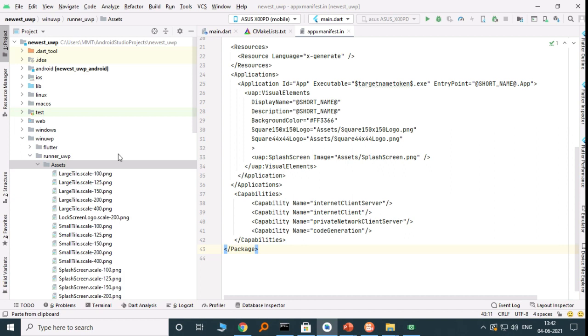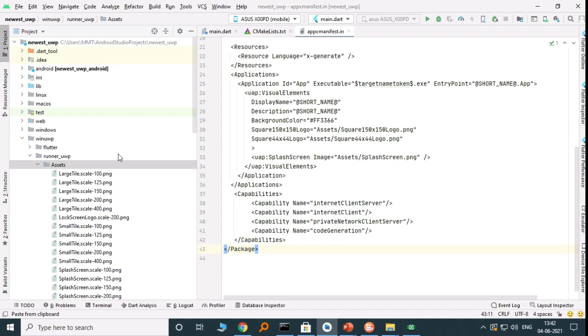What we are going to do is press Ctrl A, then Ctrl C, and then go to Android Studio, right click on the assets folder, and paste over it. Here it gives us the prompt for override, skip, override for all, and skip for all. For that we need to click on override for all, because we need to override all the images of Flutter with our own icon. Now we can see that the icon has been changed, and the smiley is coming in different sizes. So we are done with the splash screen, icon change, notification tile change, Windows small icon change, and all the icon changes.